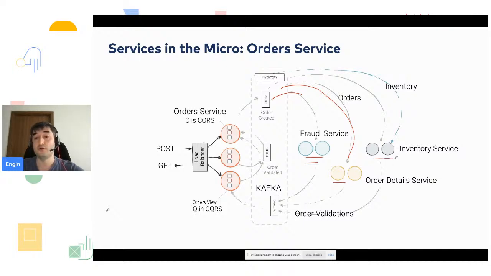You will have an inventory service that needs to check whether you have the correct inventory for that, and afterwards you will sync all the data to the order validation topic. Maybe this will be a new topic, then afterwards you continue and process the data. This will be high-level microservices for the order service, and this is your challenge. I believe you can build this after learning Kafka and starting to use it. So let's go to